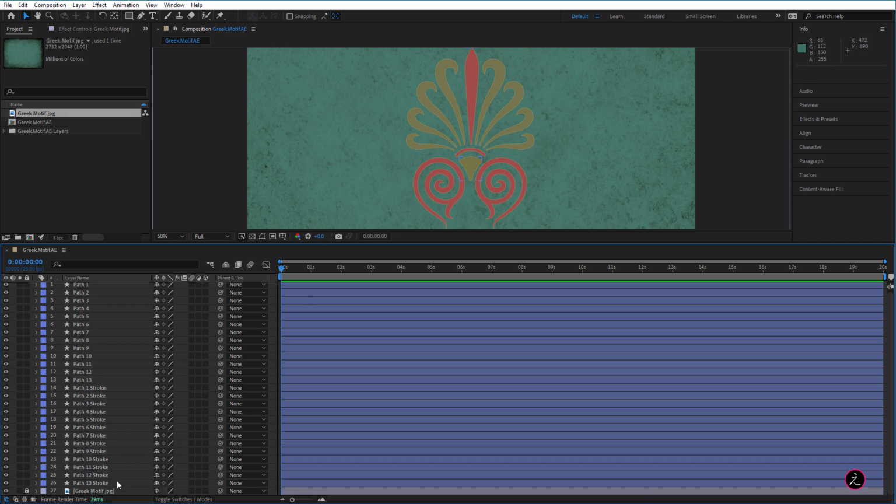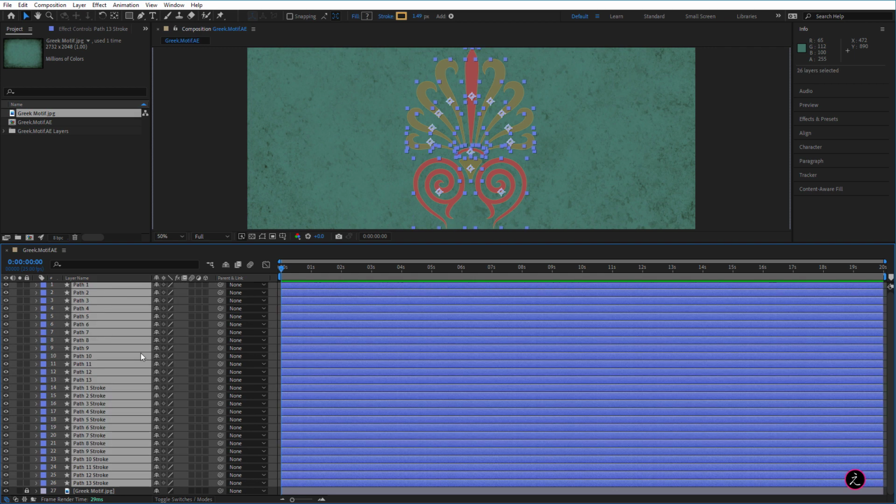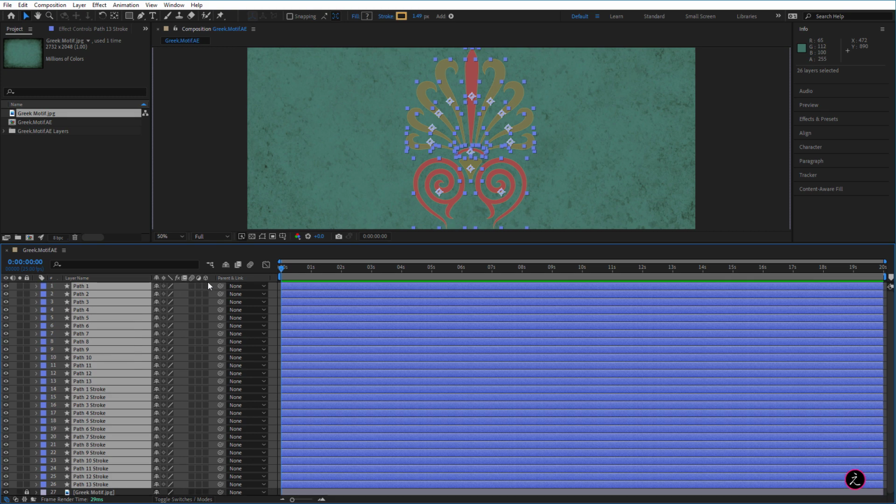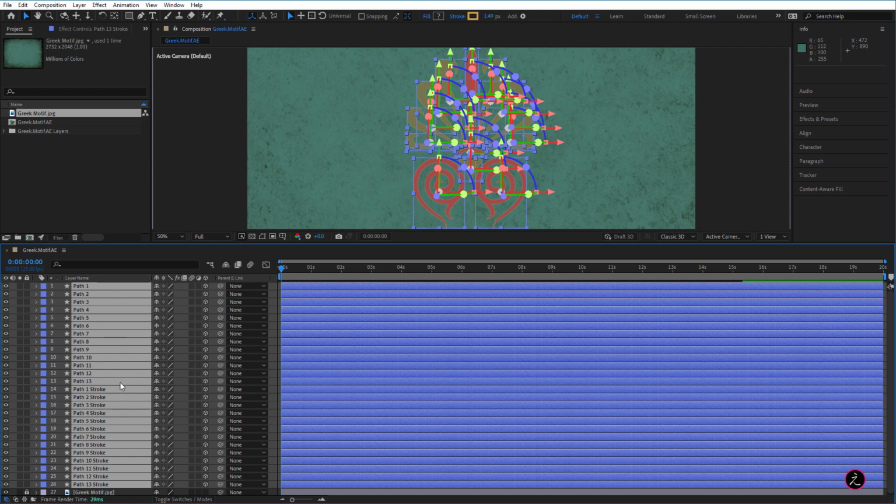So talking about 3D layers, let's go ahead and shift select all of these shapes here. And then we're going to convert them from 2D layers to 3D layers. I'm just going to click once, and since all of these are selected, they will be converted into 3D layers. All right, now for this to work and be able to extrude those, we need to switch the 3D renderer. Right now we are inside the classic 3D. I'm just going to click on the drop down and choose the Cinema 4D renderer.